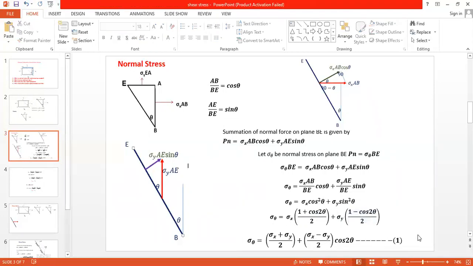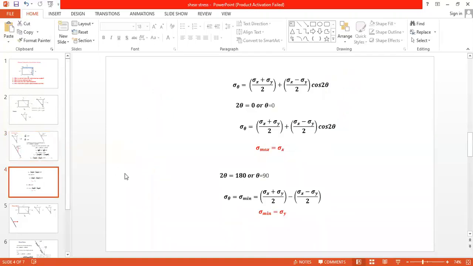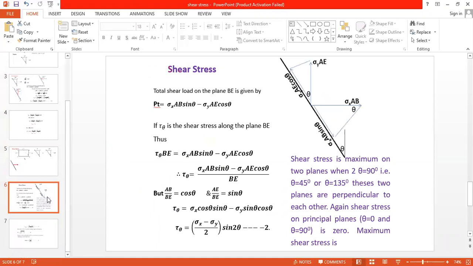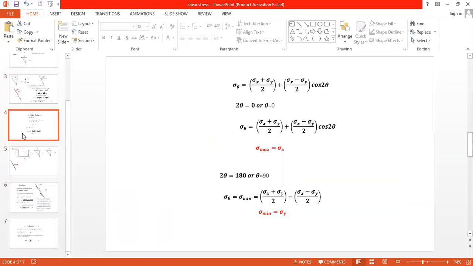This is the equation for normal stress on an inclined plane. You have to remember this equation when a problem asks you to calculate the normal stress on an inclined plane. Then you have to use this one. Now see here, after that, what we have discussed? We have discussed this one. See here, this is the equation. Now when 2 theta is equal to